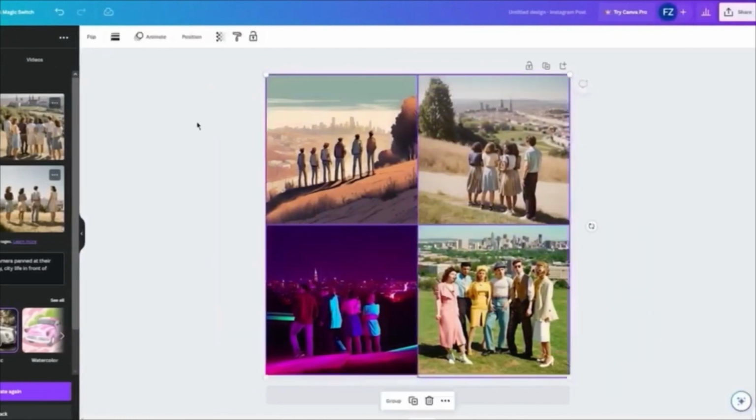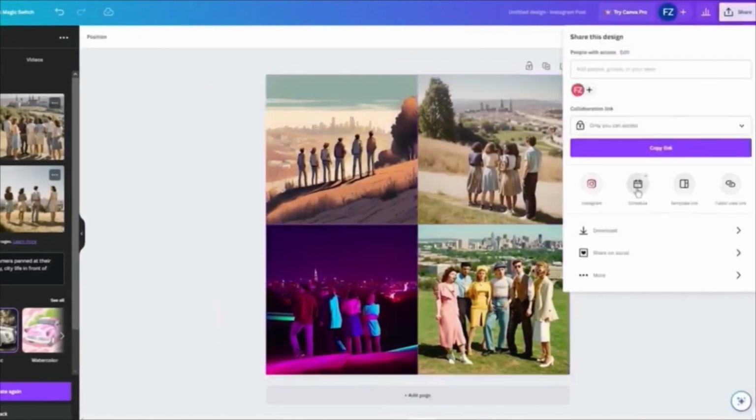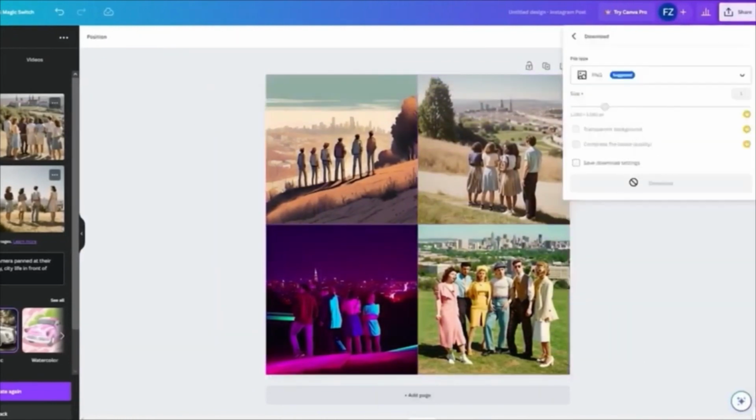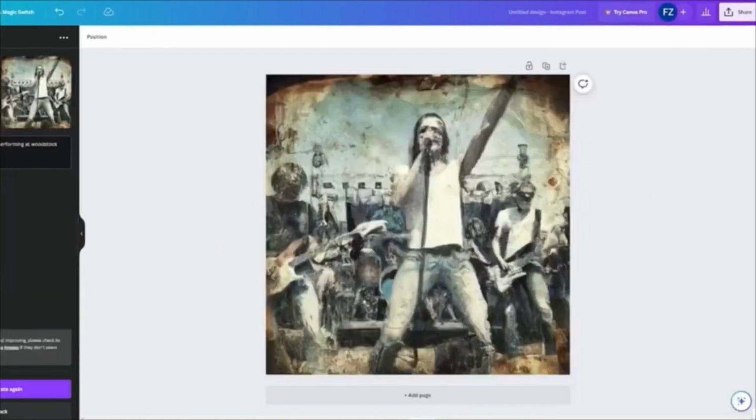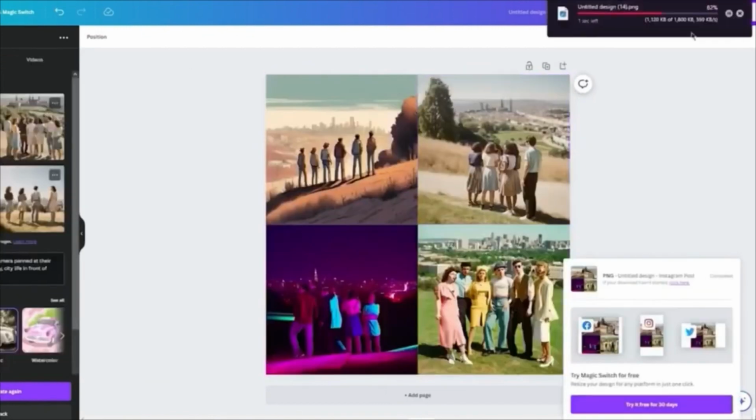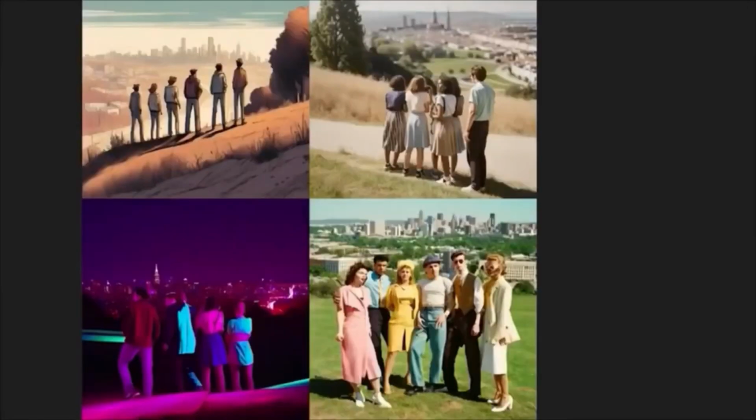So you can see we made this 4-picture collage through AI. We made it through Magic AI. We made it through the Magic Pictures that we just used. And I'm simply going to go ahead and download this. And then you have this as well. And you're going to see that the image quality of these is absolutely out of this world. So yeah, that is how you're going to be using the image AI in Canva.